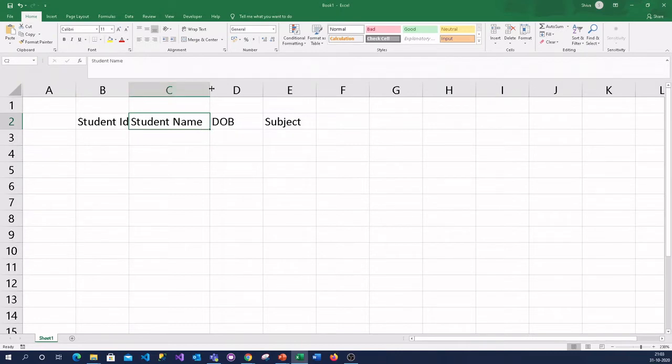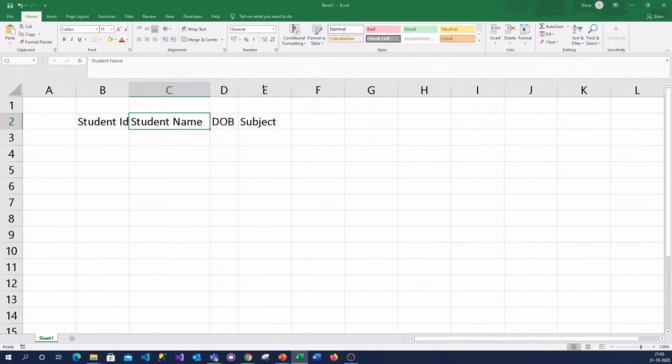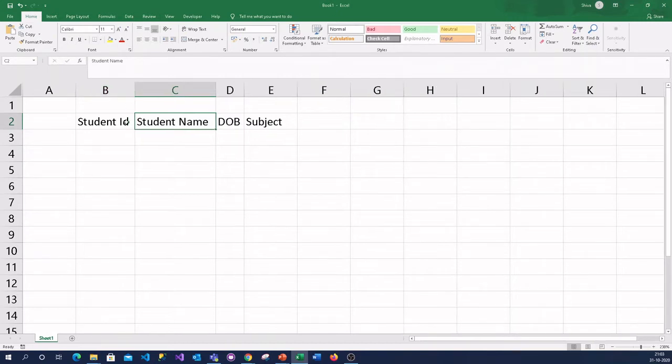So now when you click on D and E junction, when it is plus, please note the cursor type, it is plus icon. So double click, it reduces the column size to fit to the content. Now here in student ID, when I double click, it extends to fit to the content.